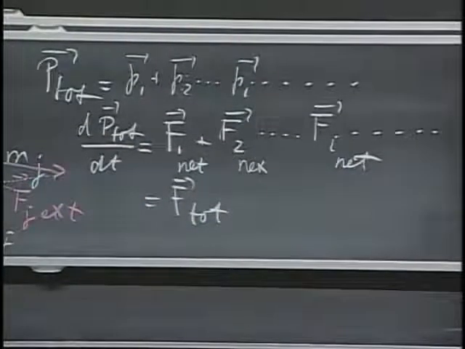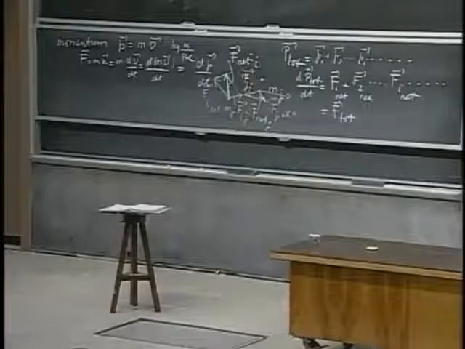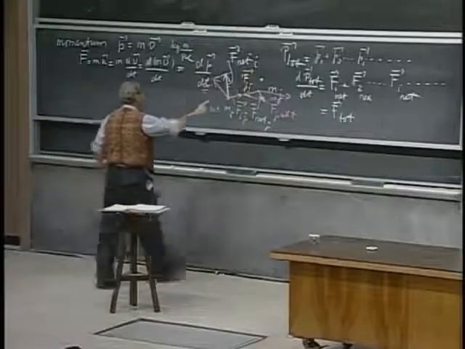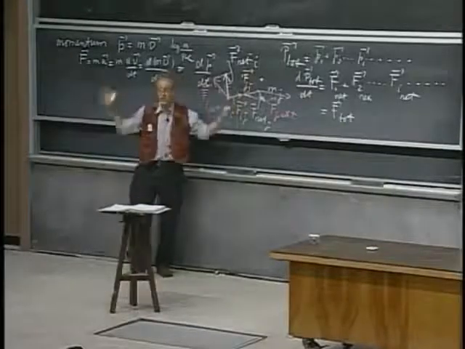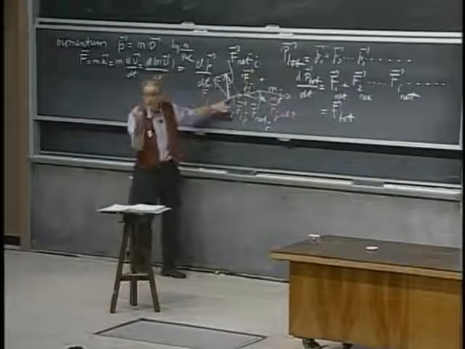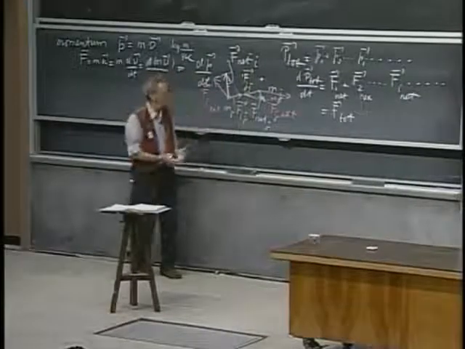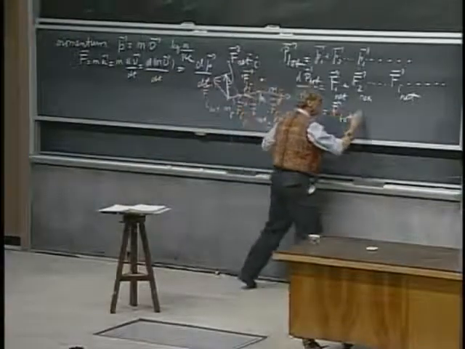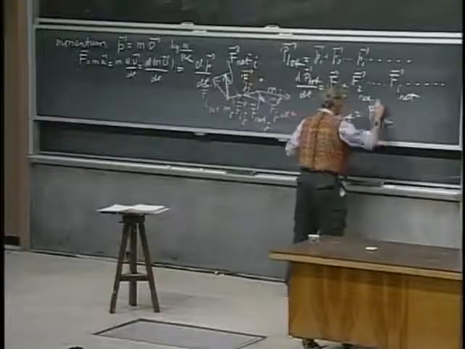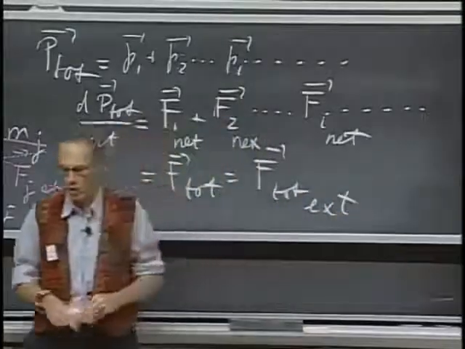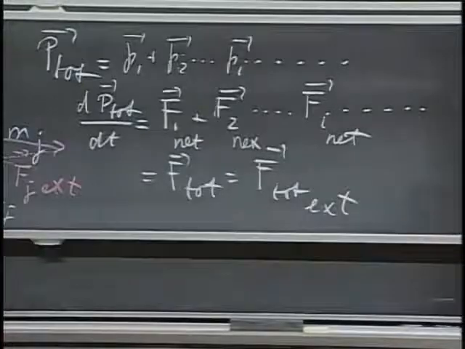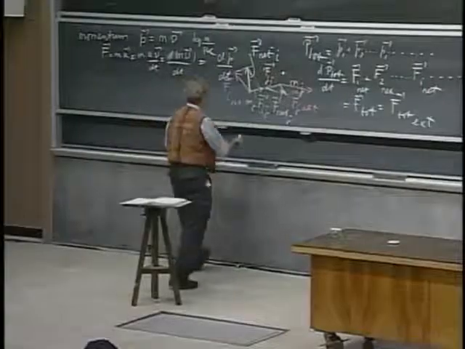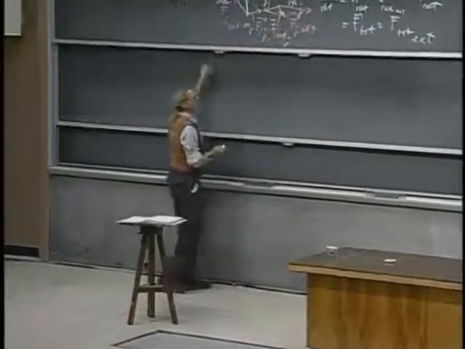Now comes the miracle. The miracle is that all these internal forces eat each other up. This Fji cancels this Fij if you look at the system as a whole, not if you look at the individual particles. But on the system as a whole, they all cancel each other out. And so the total force on the system is simply the total external force, and all the internal forces, you can forget about it. And this means then that we come to a key conclusion that dP total/dt